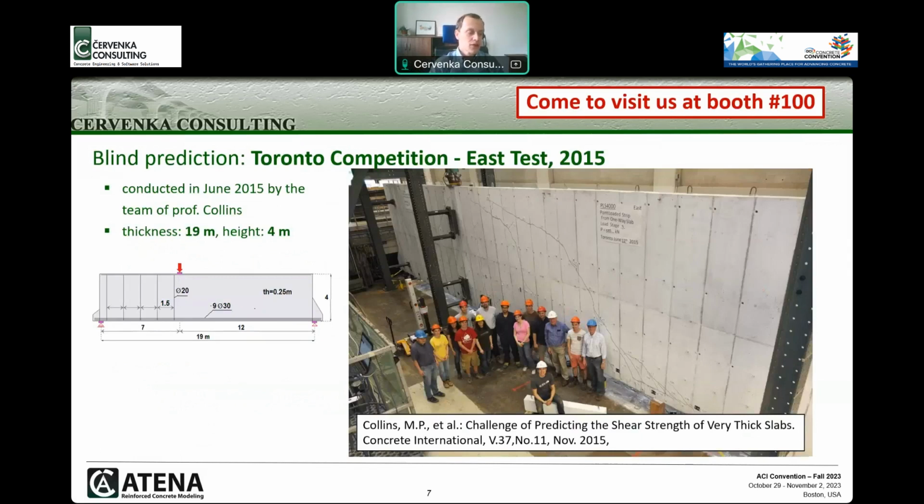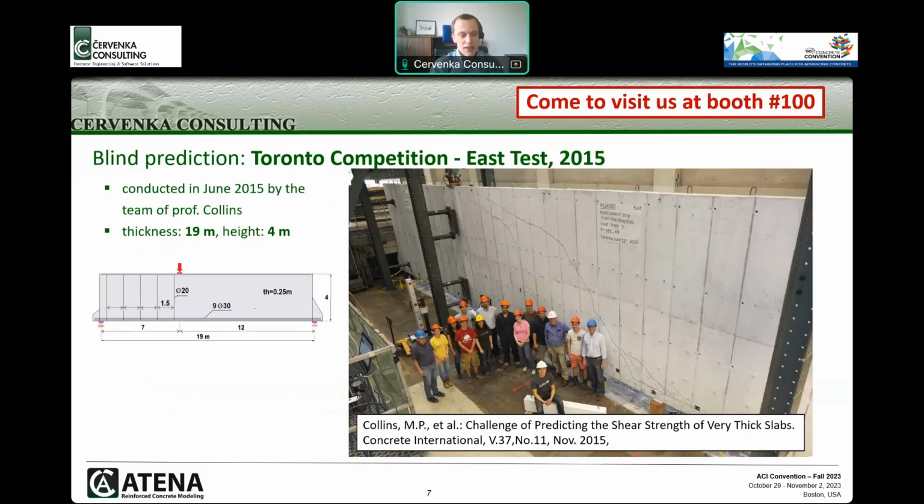For this, the best way to check it is to compare it with experimental data. And one of the best ways to do it is to participate in blind test predictions. In our company, we have a long tradition of these kinds of predictions. They are usually